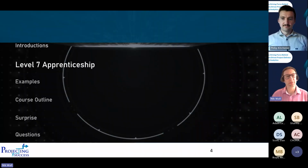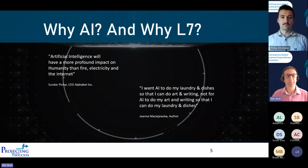So in terms of the next bit, we're just going to cover off the Level 7 apprenticeship from a very high level before we go into some more details, as I said, about the cool stuff that we do. So for those of you that know Projecting Success of old, you might well know us for our Level 4